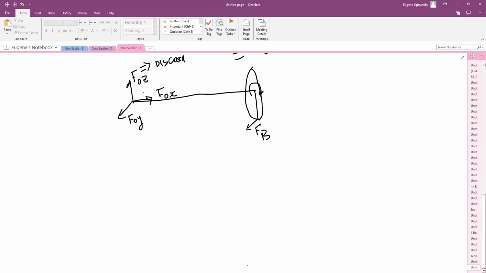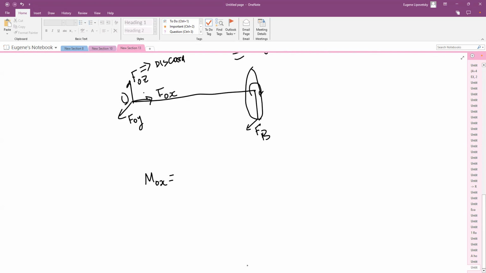Mostly F of Y, right? So we'll have the, let's start with FB. This is O. Okay, and this is x-axis. So we have the moment about x-axis equals to,